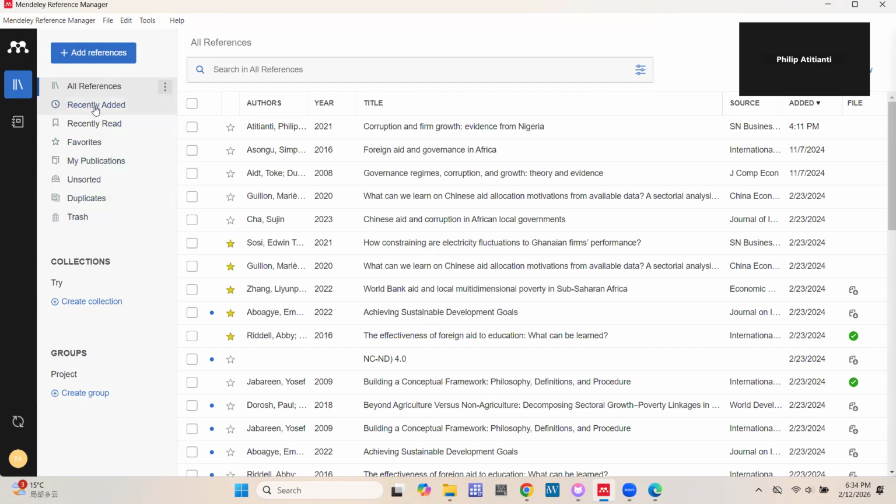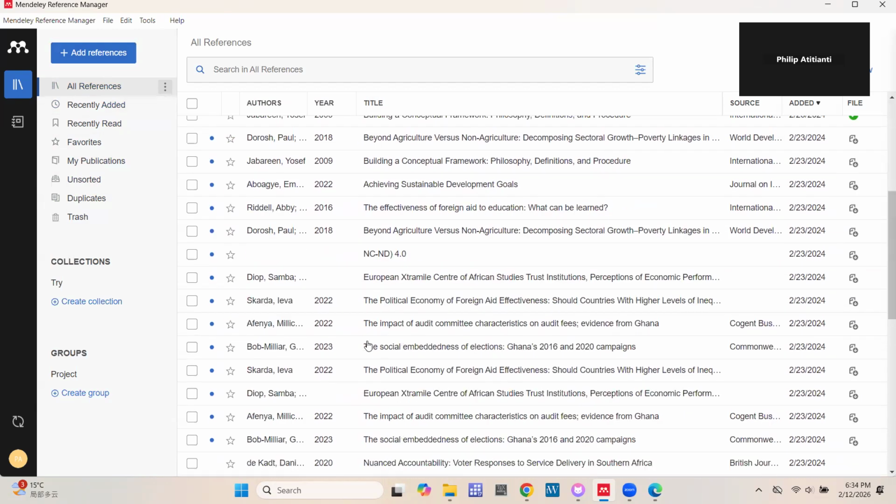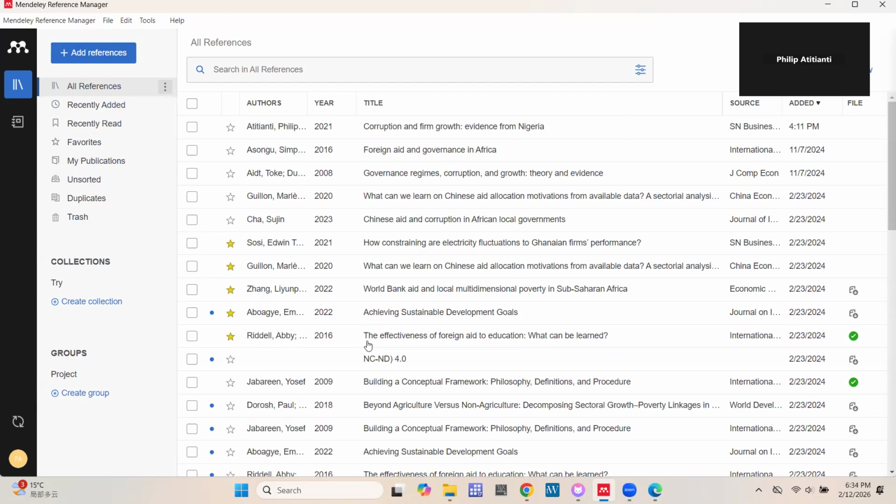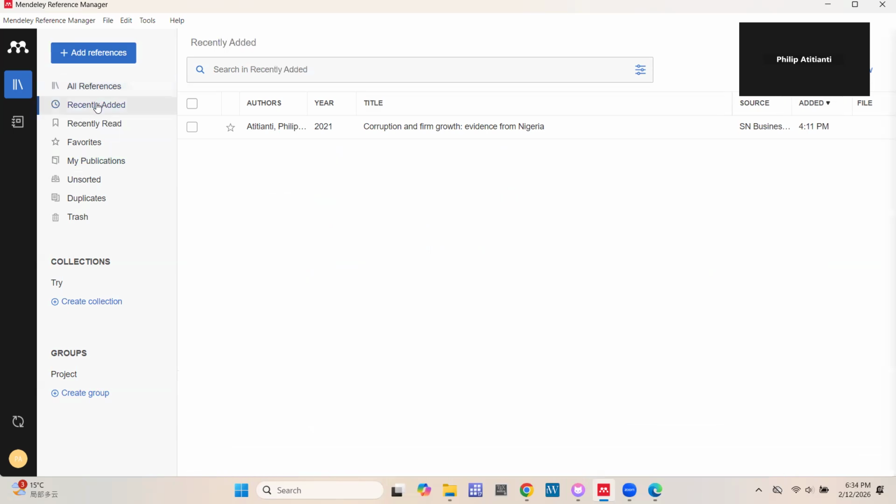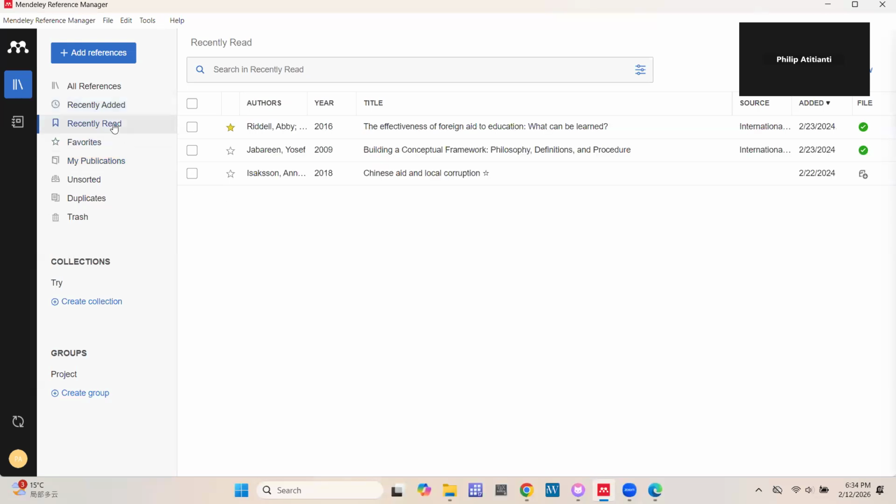All right. So this all references basically act like your library. Remember, library in Zotero. So all references captures all the files you have in your reference manager. And then recently added, just like the name suggests, captures files you recently added. As the name suggests, these ones are the ones you recently read.